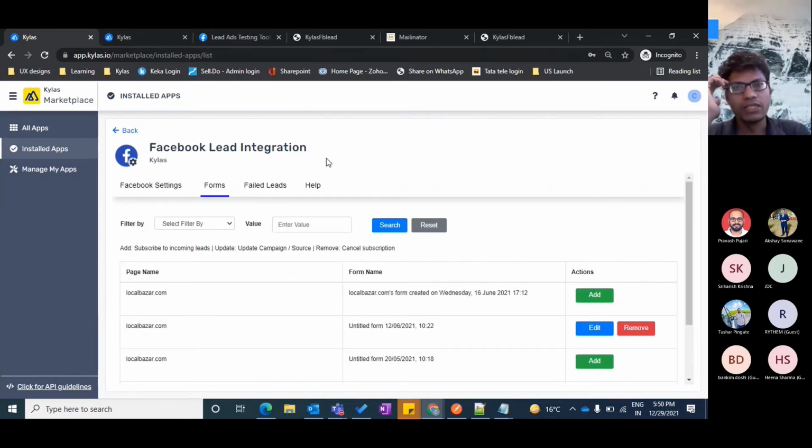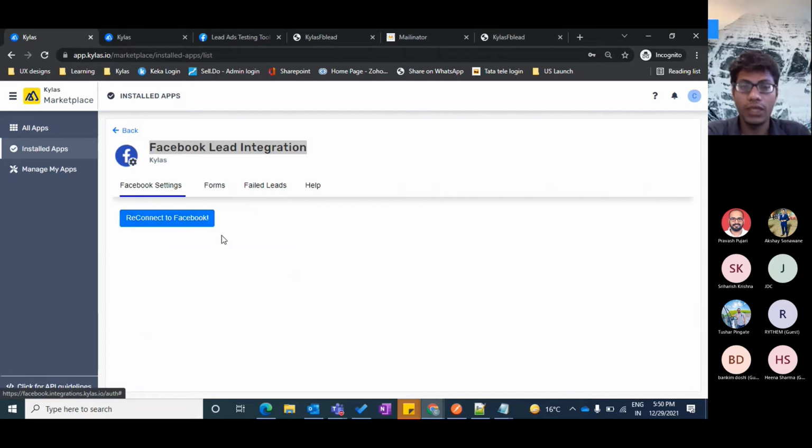Once your account on the Facebook lead integration app has been created, we go to Facebook settings. Here we connect the Facebook account which has admin rights on the campaigns, or from which the campaigns are created. In most cases it is your marketing head's or social media manager's account.